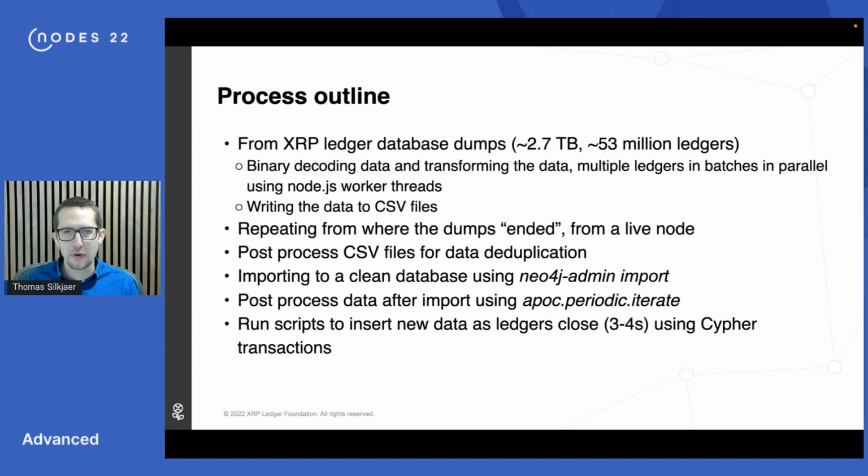So with a lot of trials and errors, hotfixes, start overs, and months of work, the final process ended up like this. From XRP Ledger database dumps, which is approximately 2.7 terabytes of data, and at this point in time 53 million ledgers, binary decoding the data, transforming the data, multiple ledgers in batches in parallel using Node.js worker threads, writing the data to CSV files, repeating from where the dumps ended from a live node to get everything,